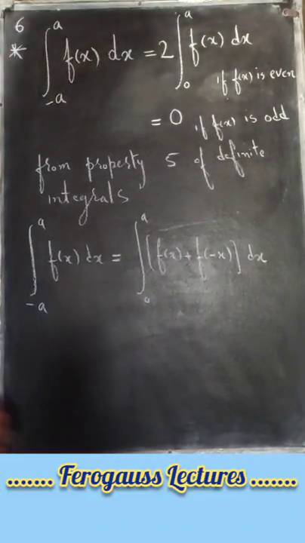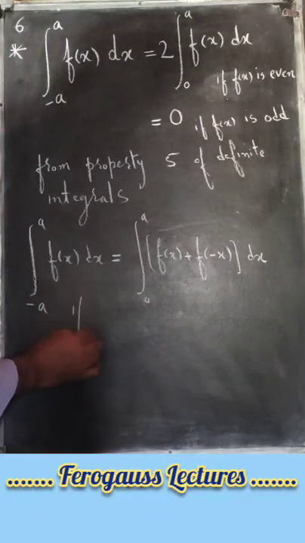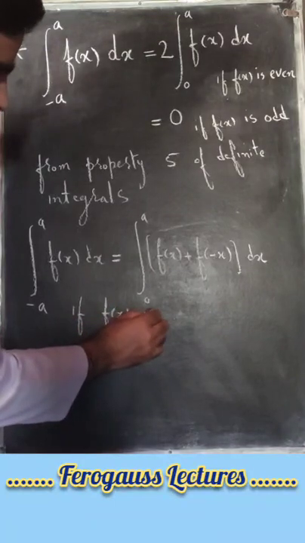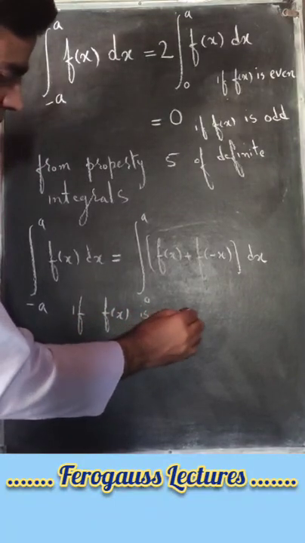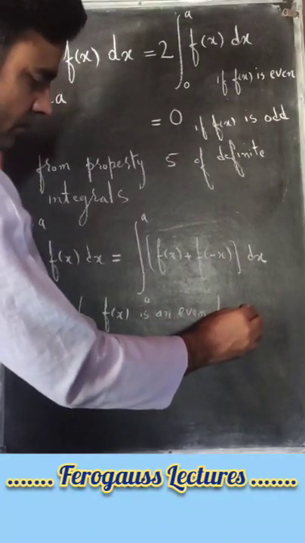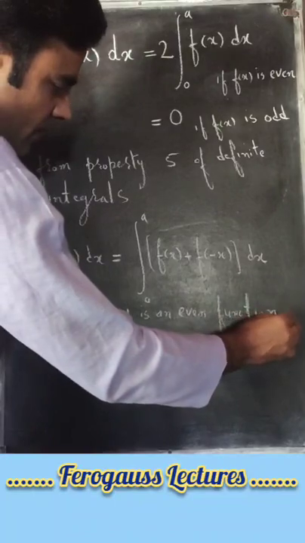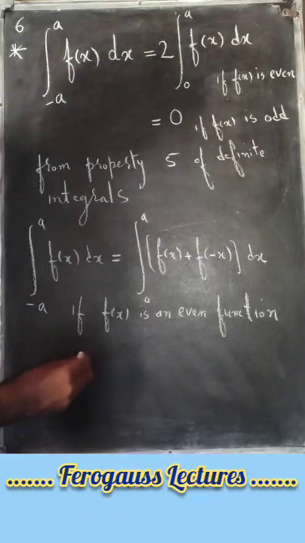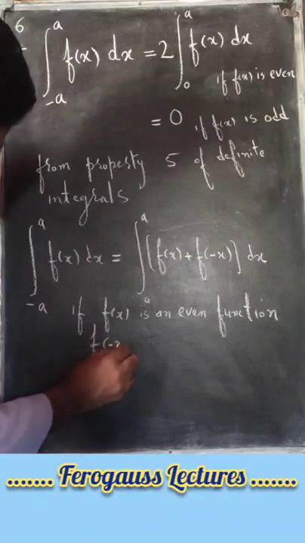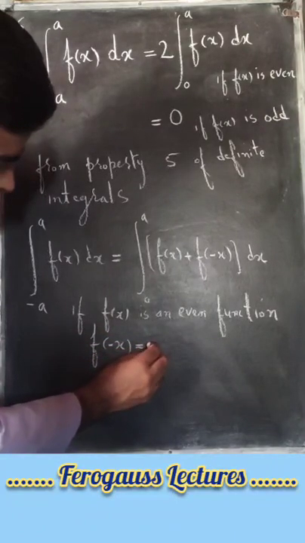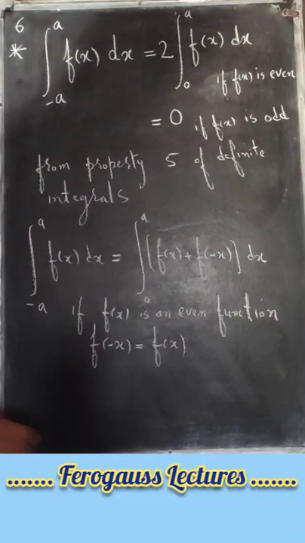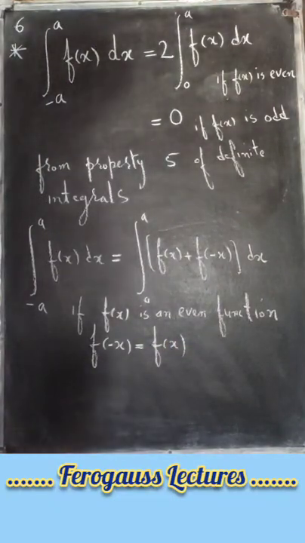Okay, now if f(x) is an even function, then we know that if f(x) is an even function, then we can write f of minus x is equal to f of x. Now, thus